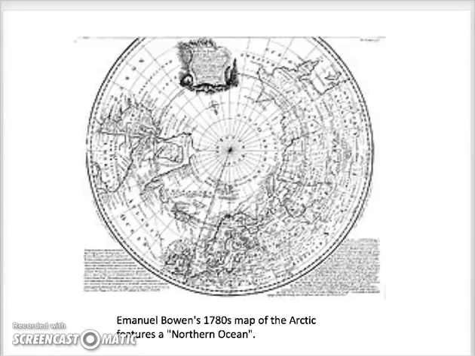Fridtjof Nansen was the first to make a nautical crossing of the Arctic Ocean in 1896. The first surface crossing of the ocean was led by Wally Herbert in 1969, in a dog sleigh expedition from Alaska to Svalbard with air support. The first nautical transit of the North Pole was made in 1958 by the submarine USS Nautilus,